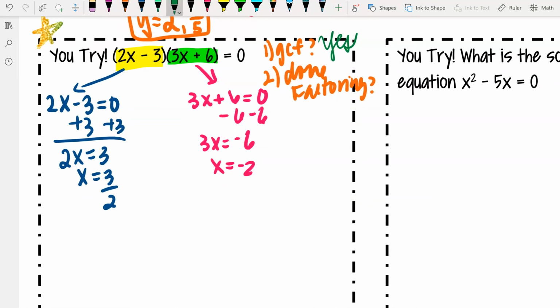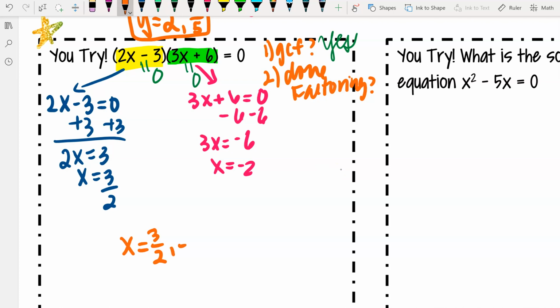So for the yellow, 2x minus 3, what does x have to equal so that the whole thing is 0? When you separate it and solve, you should be able to say, well, when x is equal to 3 over 2, then the whole yellow binomial is equal to 0 and makes the whole thing 0. So then the green one, same idea, when you separate it and solve, you should be able to tell me what x has to be equal to so the whole thing is 0,